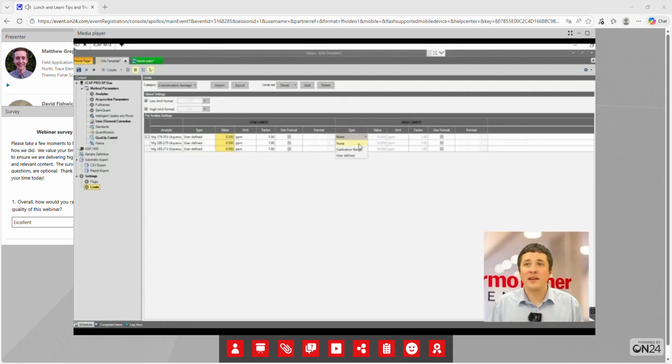We can either say flag anything that is over our calibration range, because maybe we need to do a dilution on that sample, or again, a user-defined limit. I'm going to do calibration range for these ones and fill those down. And then the last thing we need to do is to say,